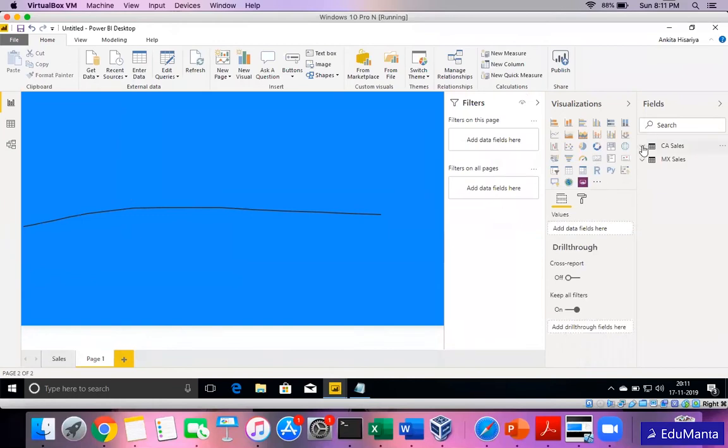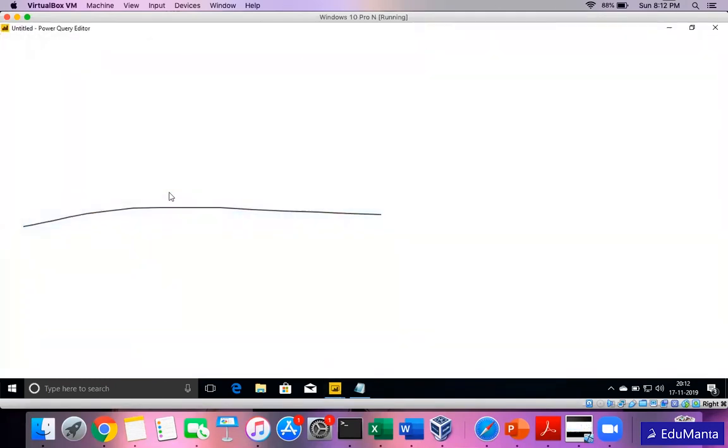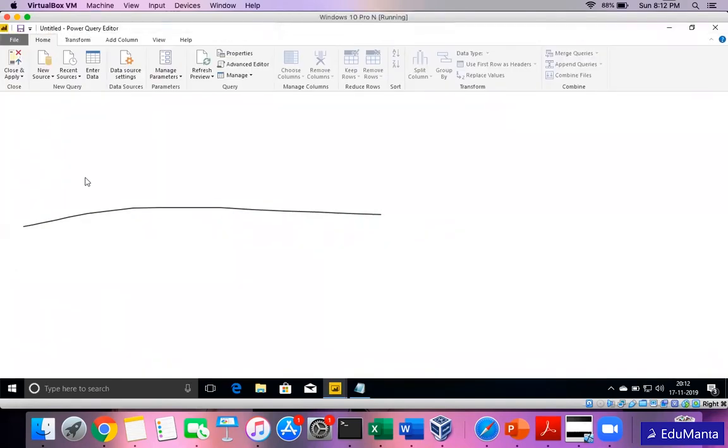So you see, we have 2 separate fields. One is Canada, one is Mexico. If my reporting was such that I never need to combine this data, then this format is working perfectly fine for me. But suppose I needed a visual or a combination, I wanted to do a comparative study: what is the total for Canada and what is the total for Mexico? And similarly, I have 5 more countries. Then it would be more helpful if I have a common table which will have a country column, a common sales table, not separate tables. In that case, what I have to do is go to the edit queries.